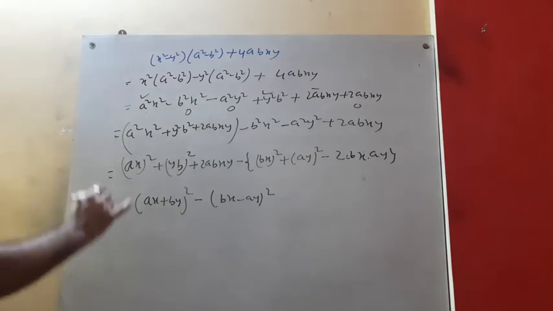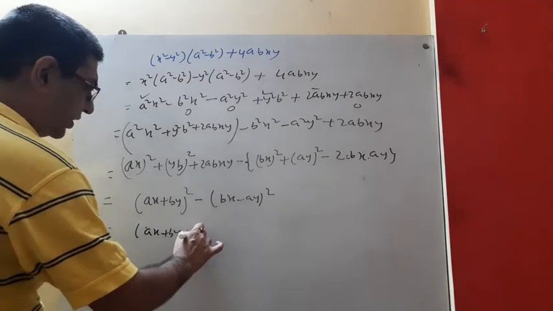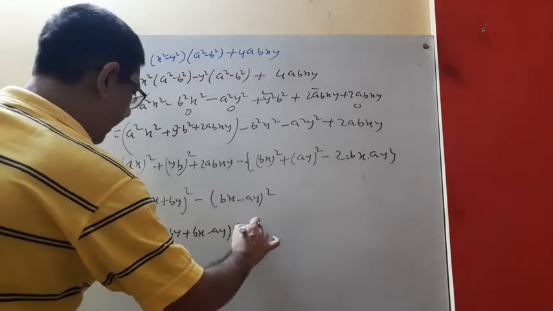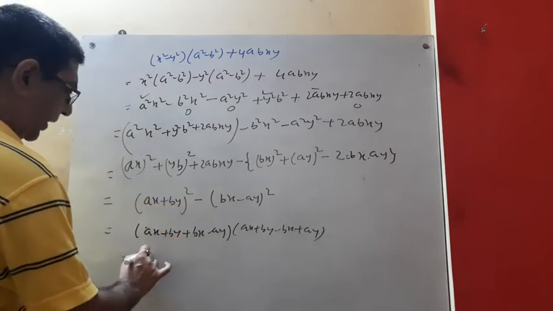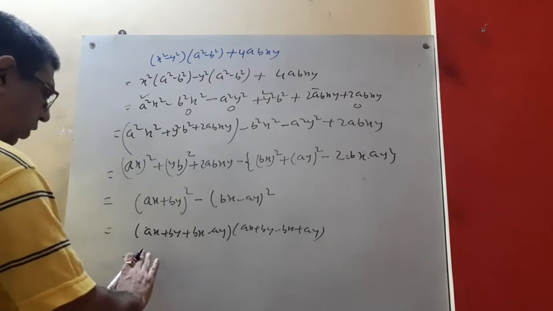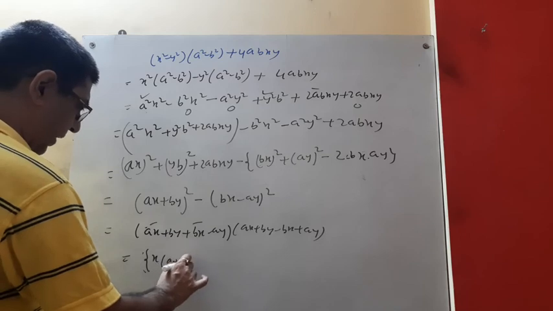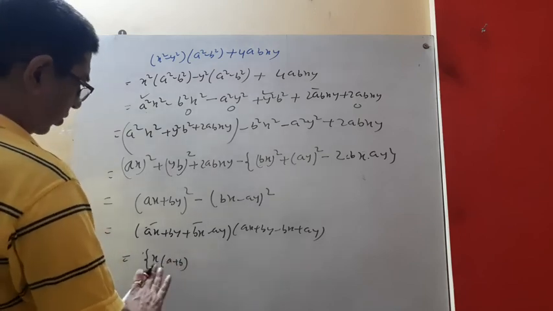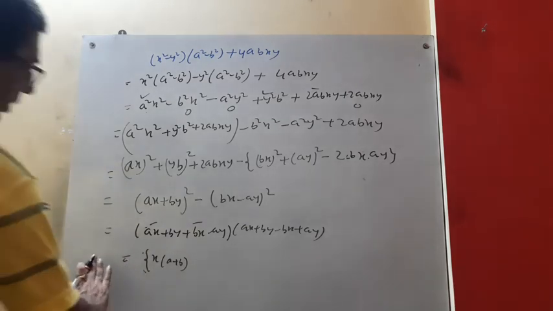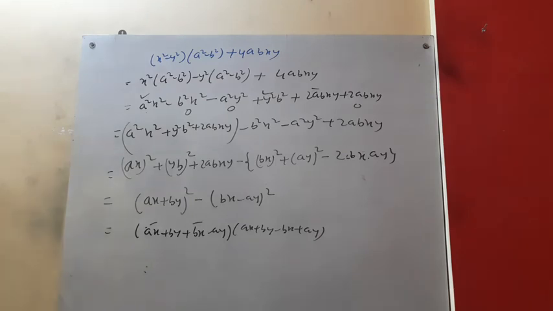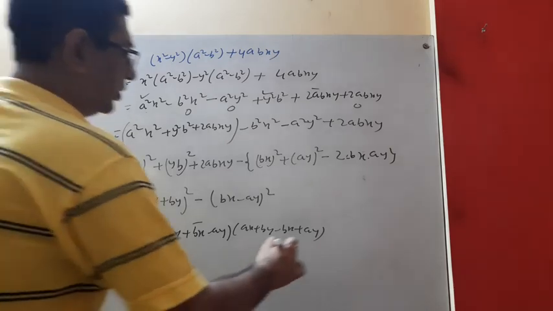Then go for this one. So this is a square minus b square, a plus this one, and ax plus by minus bx plus ay. So what are we getting? Nothing. You just keep it, or one thing you can do, from these two we take common x, we get a plus b. Nothing. No. It's not coming to anything. Keep this one. A square, no common, ax minus bx. No. It's not coming to anything. So this is the answer.